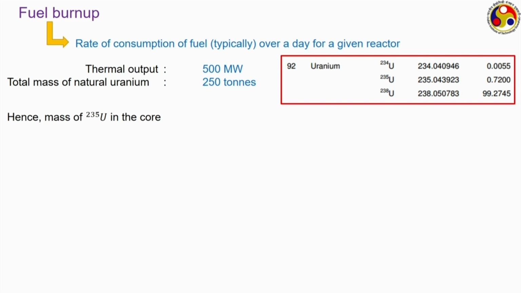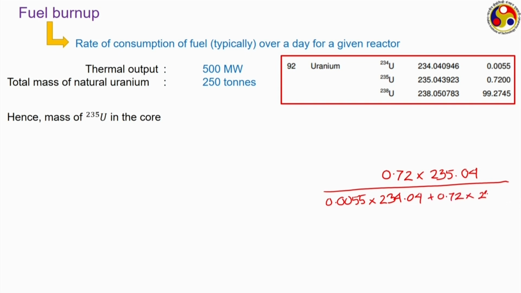So, the fraction of uranium 235 can be calculated as 0.72 into its atomic weight 235.04, I am not writing the further digits, divided by the same for all the components, that is for U 234 it is 0.0055 into 234.04 plus